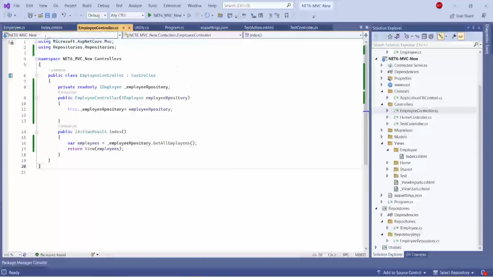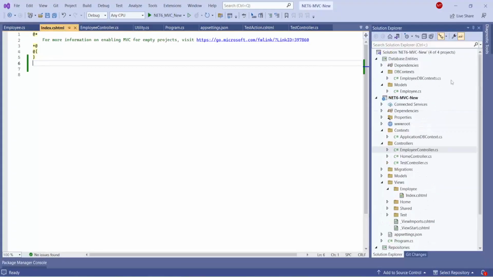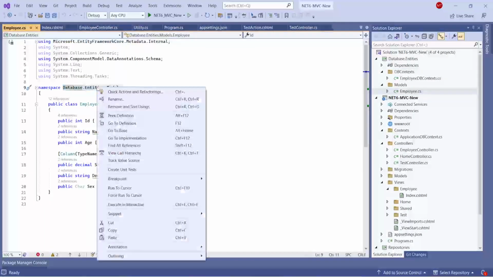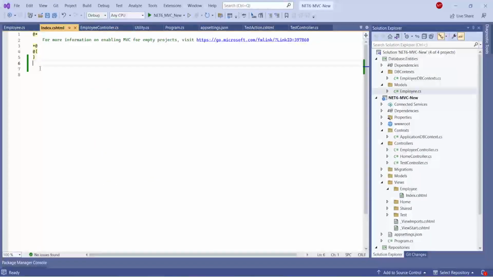Okay, now go to this view. Inside the view, in our last video, we simply created the view. In this video, we are going to display the records inside the view. How to do that? First, we need to import the assembly of this employee entity. This assembly's namespace is this one. So @using